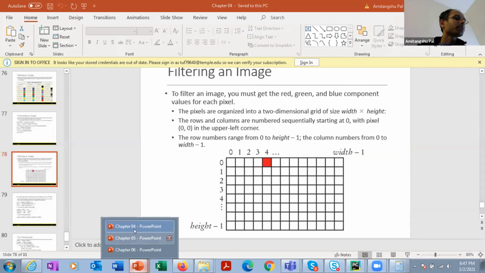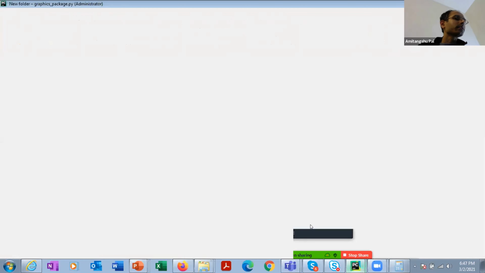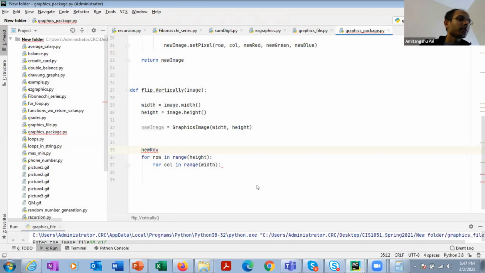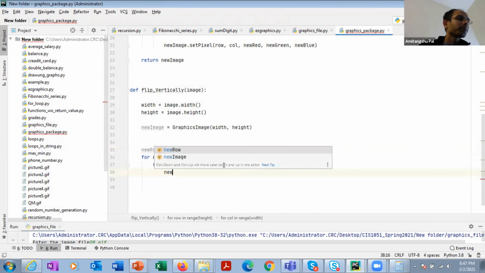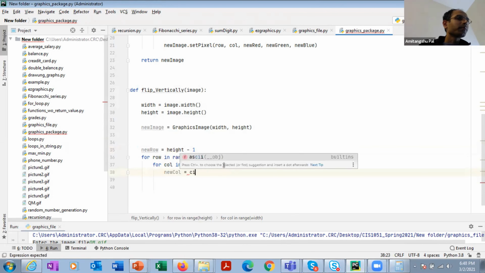I'm going to start from row height minus 1, and then it will be the first row of the new image. So let's write new row equal to height minus 1 and new column equal to the old column.